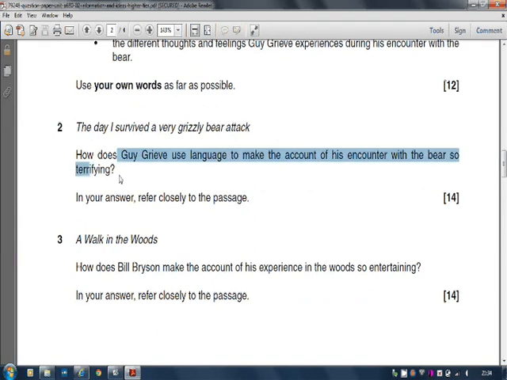When I go on to my next question, I'm looking at language in this question, and my keyword is terrifying. Well, I don't have to read the whole article to find what I'm going to write about. I've shown you in previous videos that I'm just going to use the random finger and just find quotations. They'll pop up automatically. And then if we go to question 3, you'll see that the keyword here is entertaining, and exactly the same will apply.